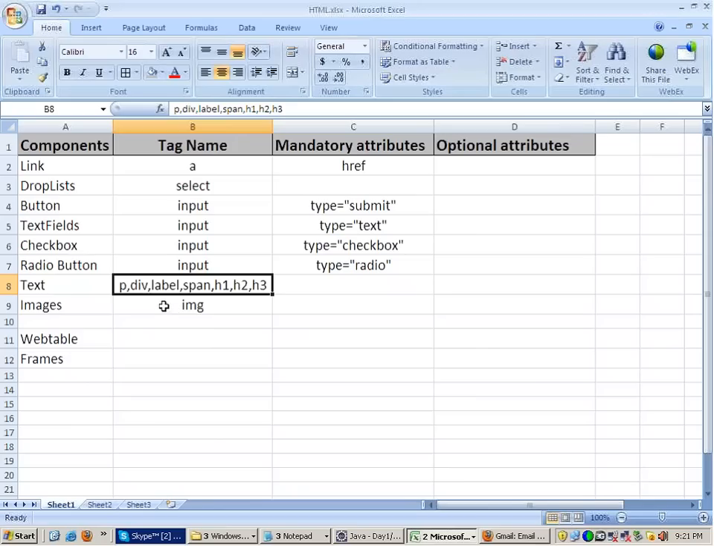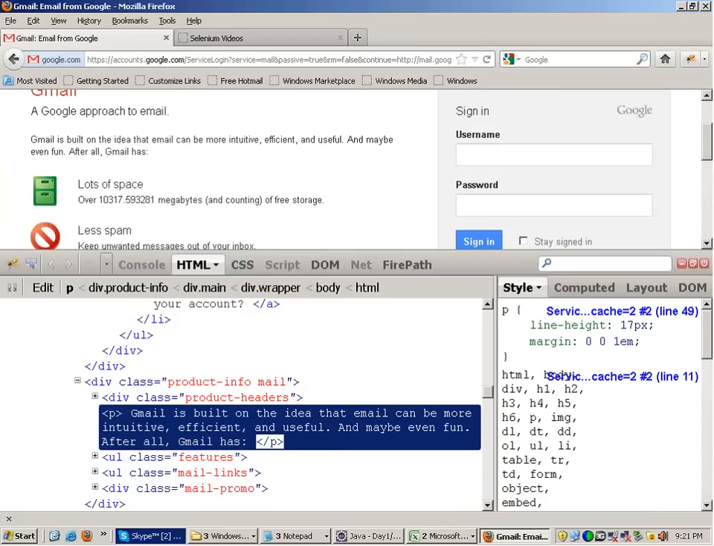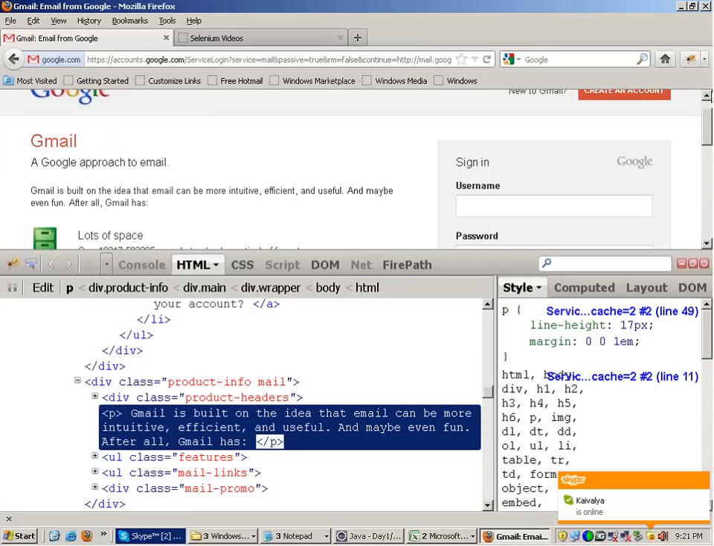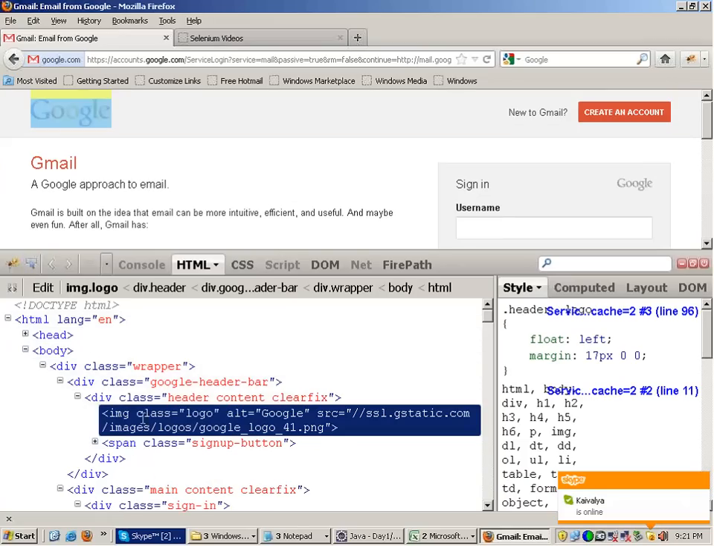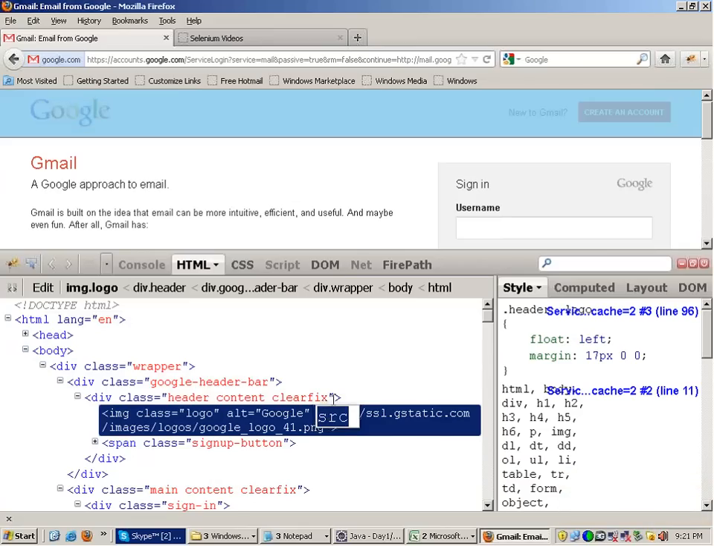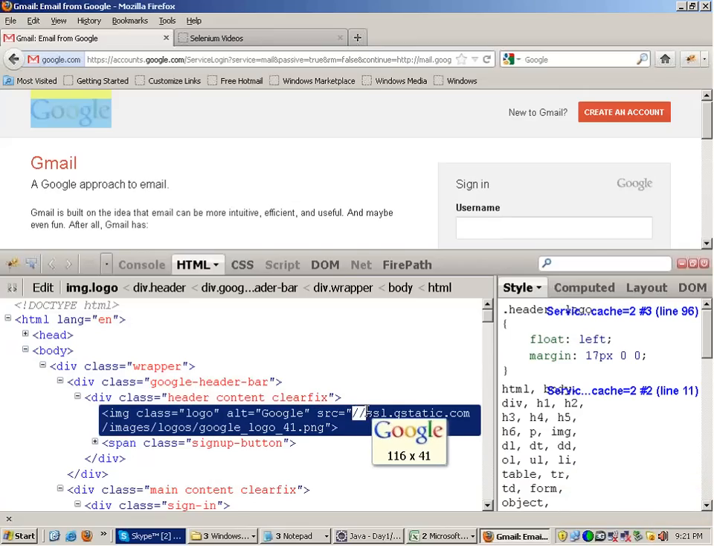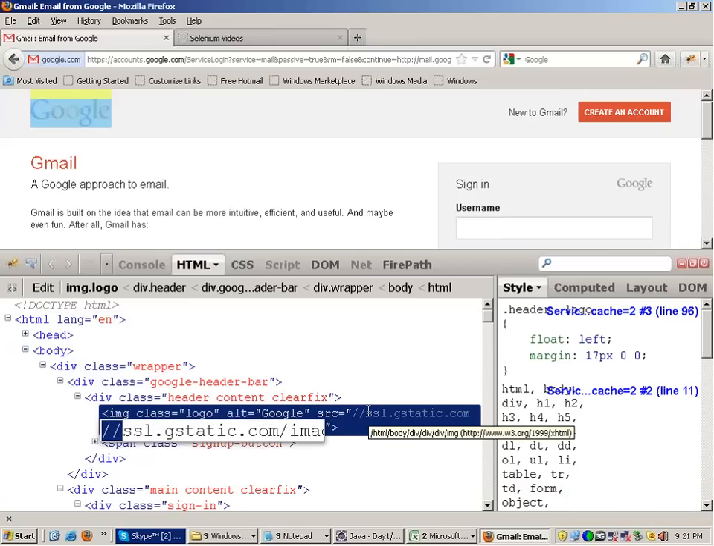So in case of an image, suppose you look at the Google image, this image over here, you will find that there are attributes called class, alt, source. Source attribute is mandatory in case of an image. It denotes the URL from which the image would be coming. For example, if I copy this URL,